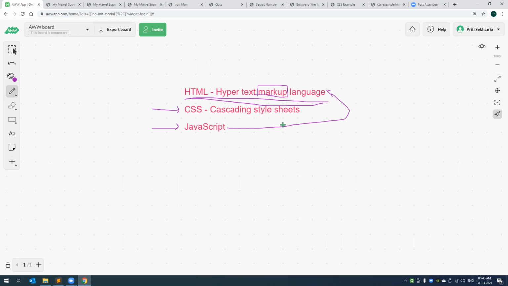Perfect. So basically, what are you doing? You're marking the area or the text which you want to make bold, right? And then you give the bold tag. That is the exact same thing you need to do in HTML. In HTML, you type the commands. That's the only difference. But you mark the area to which you want to give a command. It's as easy as that.